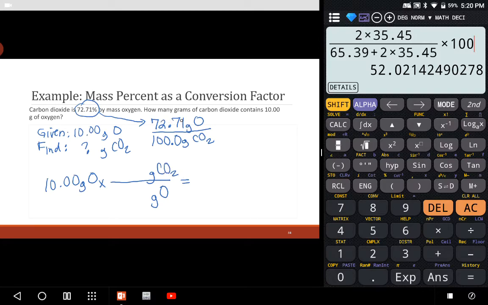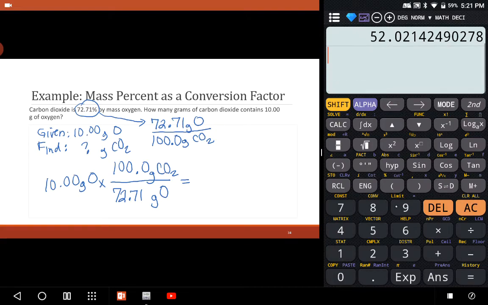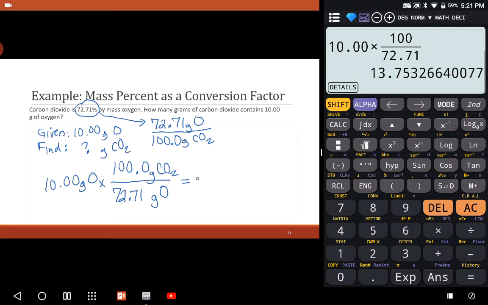And so my grams of oxygen was the 72.71 number. And percentages are of 100, so that 100 goes there. So I have 10.00 times 100 over 72.71. And so that tells me that I would need 13.753 grams of CO2. That's 1, 2, 3, 4 sig figs,